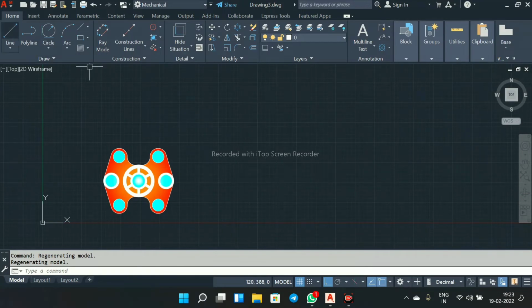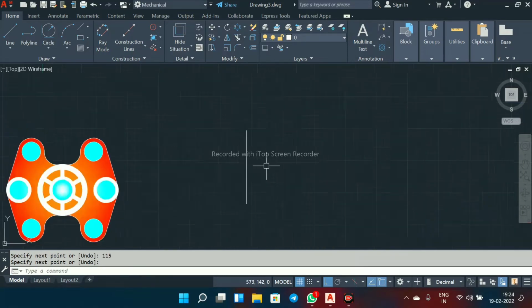Now choose line. So make it 115 mm length. Enter.